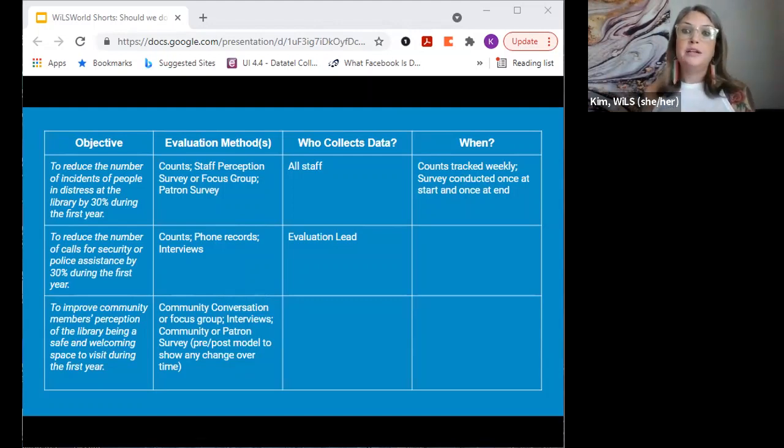We also want to consider what these evaluation methods look like by identifying any responsible people involved in creating the data collection methods. So if you're going to do tracking of incidents, who's going to create the form, who's going to train staff on it, and who's going to make sure that staff feel like they have the capacity, that it's getting used, who's going to check in on it? And then at the end of the year, who's going to take that data and how is it going to be organized? So thinking about that on the front end can be really helpful.